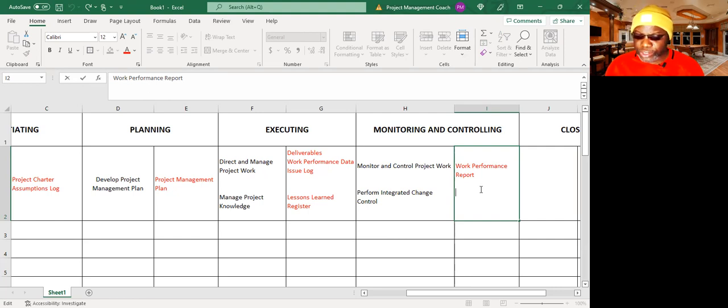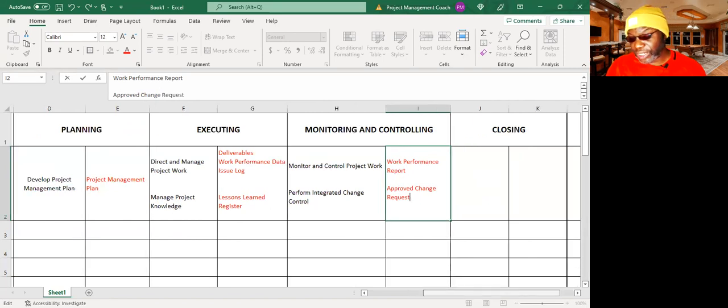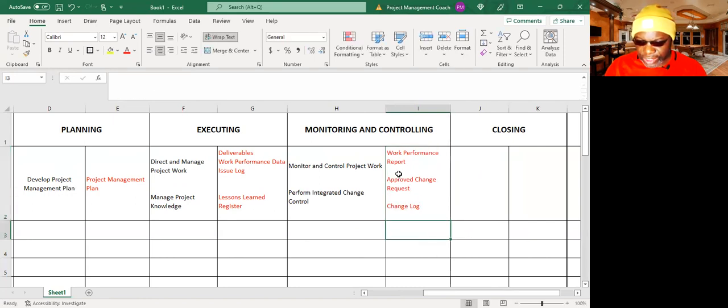All right. So going into perform integrated change control, the major thing you're getting out of this is known as an approved change request. And that just means a change request that has been approved by the change control board, because you would have a change request coming into this process, but coming out of this process, you're going to have an approved change request, or you could have a change request that was not approved, or a change request that is pending. Those are not listed as outputs. Instead, they are alluded to in what we call a change log. So just keep in mind that a change log exists in this process,